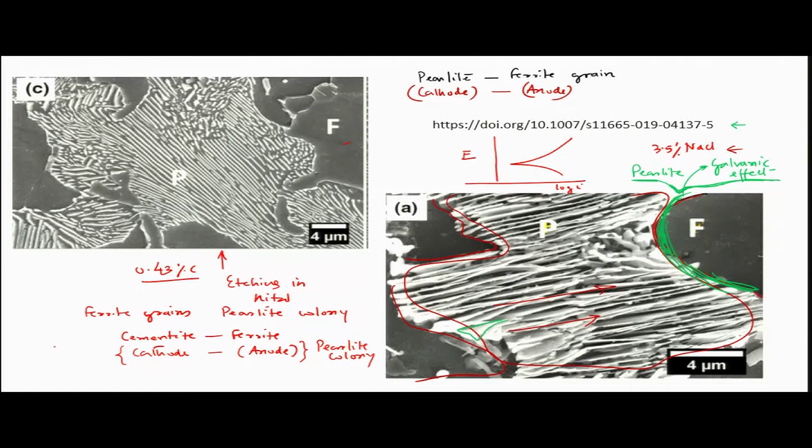That happens because of this effect, where cementite lamellae act as cathode, ferrite lamellae act as anode, and the anode dissolution takes place, and here anode is nothing but almost pure iron. Okay. So, this is a combination of de-alloying in the pearlite and galvanic effect between pearlite colony and ferrite. So, this is a classic combination mode.